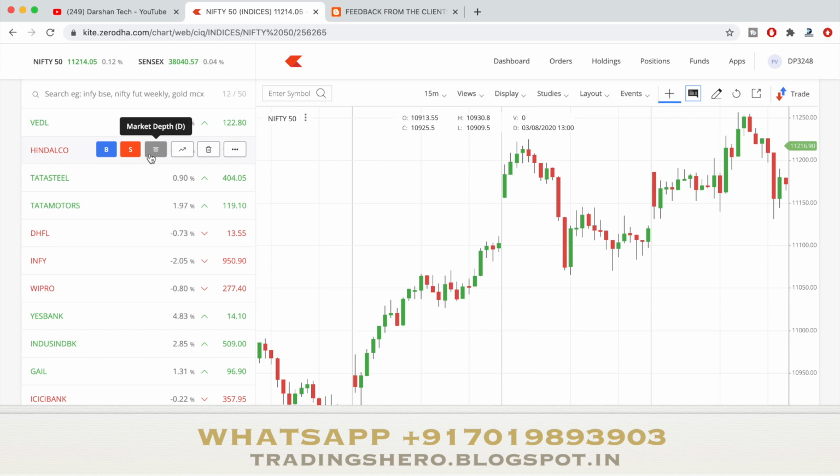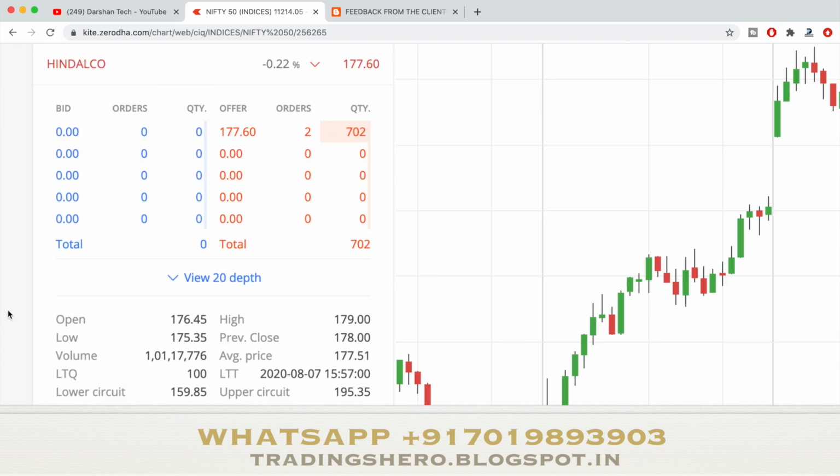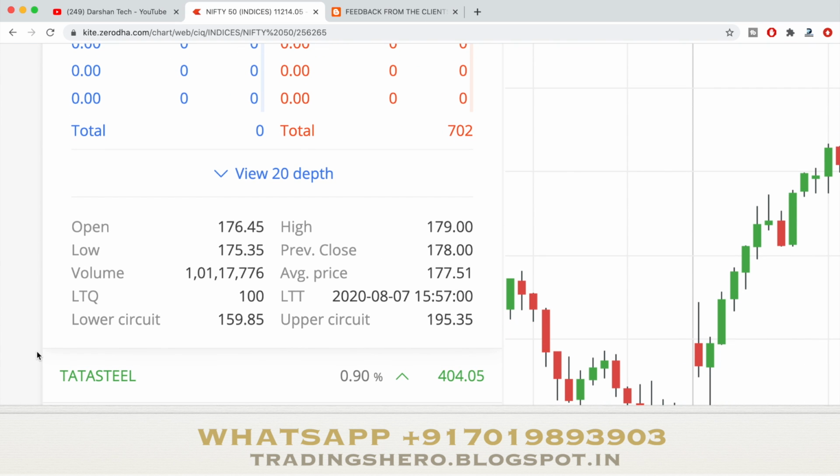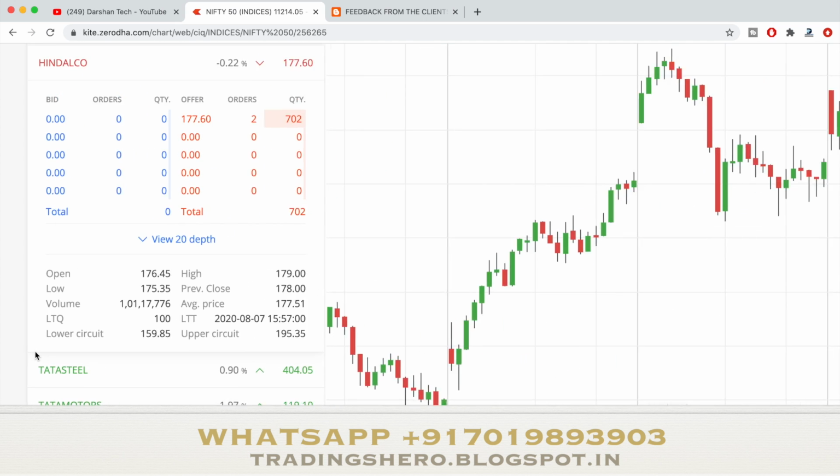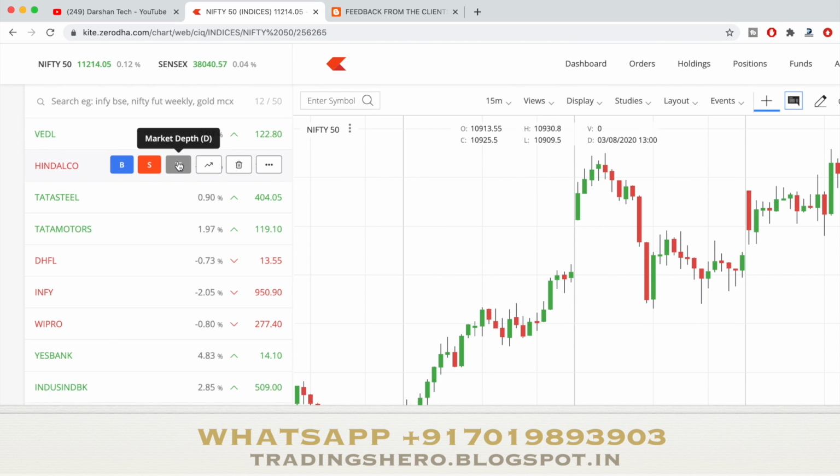Whatever stock you pick, make sure you see the volume of the stock. Volume can be seen in the market depth. If the stock has very good volume, then that stock will perform well on that particular day. Every time, the stock won't get the same kind of volume. Today one stock may get good volume and tomorrow the same stock will not get the same volume. So volume depends on every single day.